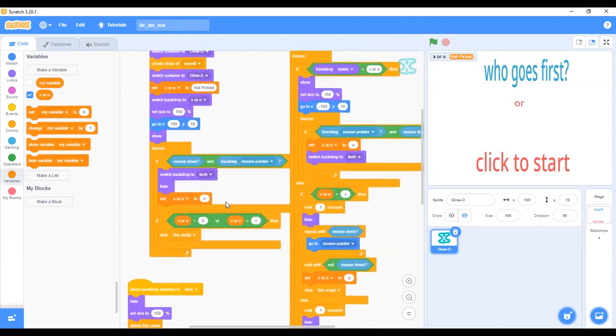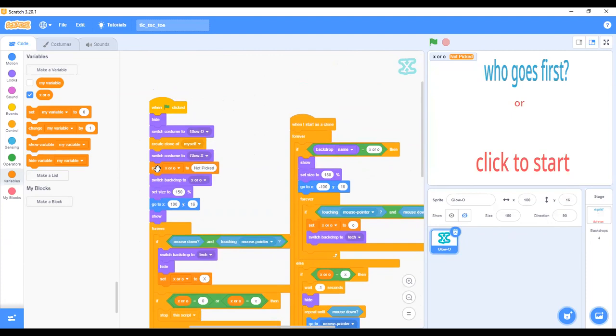After I did that, I bring out set X to not speak. So I'm telling it that X or O is not speak, which means I've not selected it, right? And then switch my backdrop back to X or O.